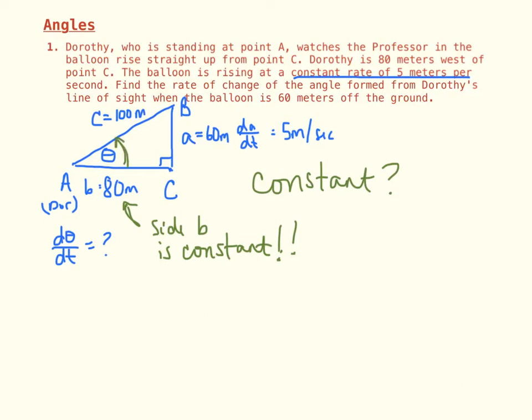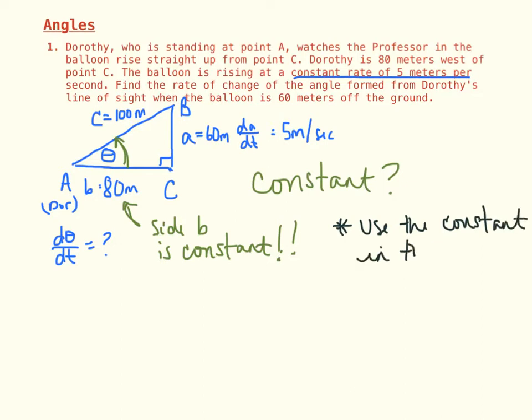Well, we have a right triangle, we know all three sides, and we're looking for the rate of change of an angle. And so we're definitely going to use one of our sine, cosine, or tangent. All right, how do we know which one to choose? Well, we have all three sides, so it seems like we could choose any of them. Well, I will say, first of all, we want to use our constant. So use the constant